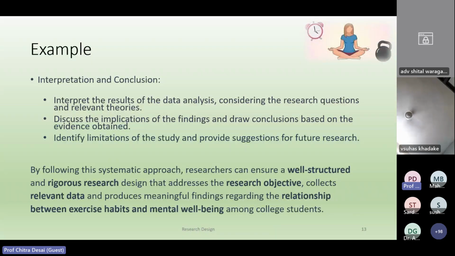Definitely you may revise this blueprint with more and more reading that you go through, and that will help you out. Whatever problem statement you are working on, your research design will become stronger the moment you do a lot of reading. The more research papers you read,